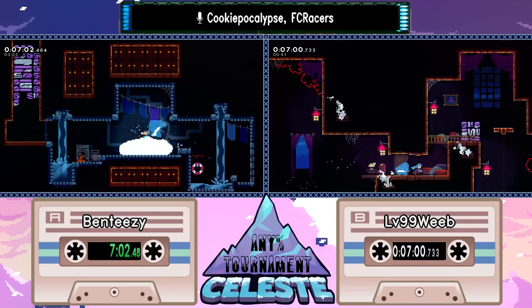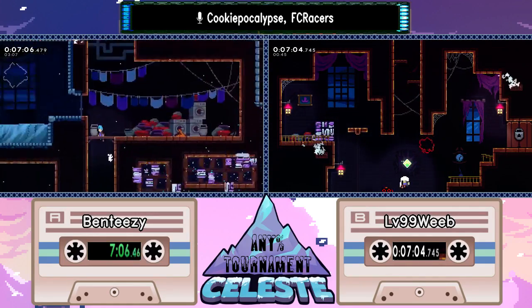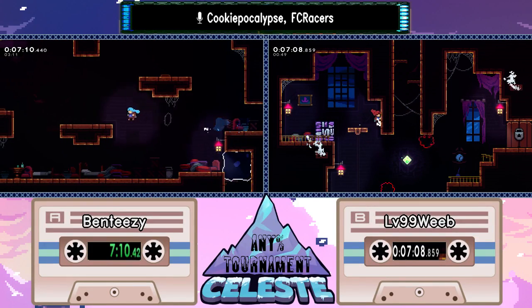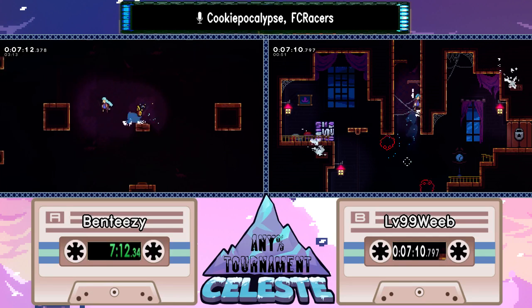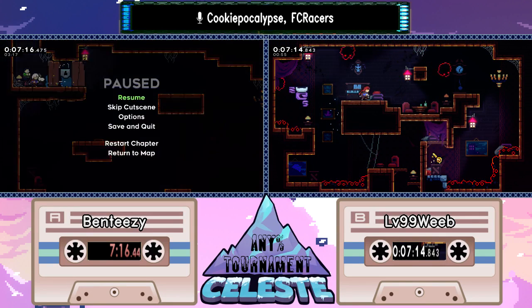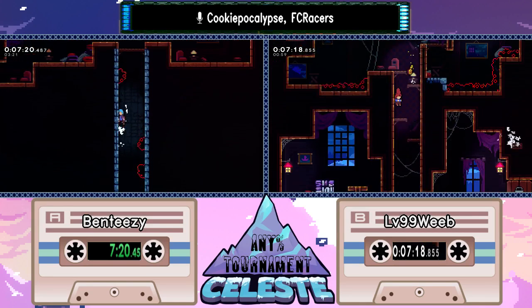Benteezy doing a really good job on these later rooms of huge mess. These cycles are actually pretty precise. And if you mess up, you can easily just not have a good time. And Benteezy is finishing up the huge mess section and heading into the elevator shaft. There's a lot of vertical climbing here and some...